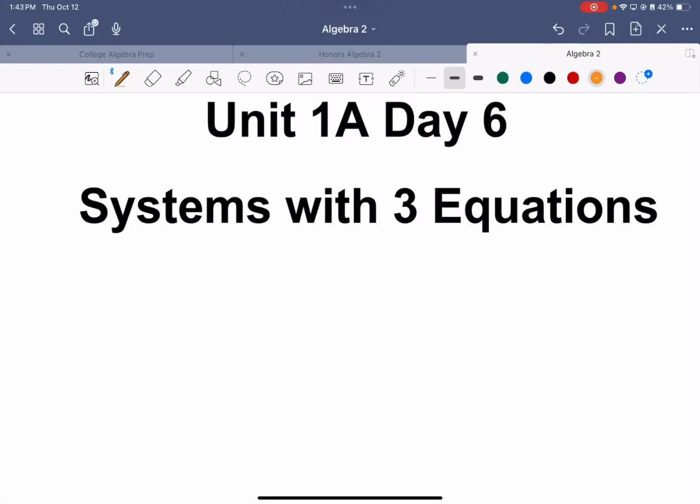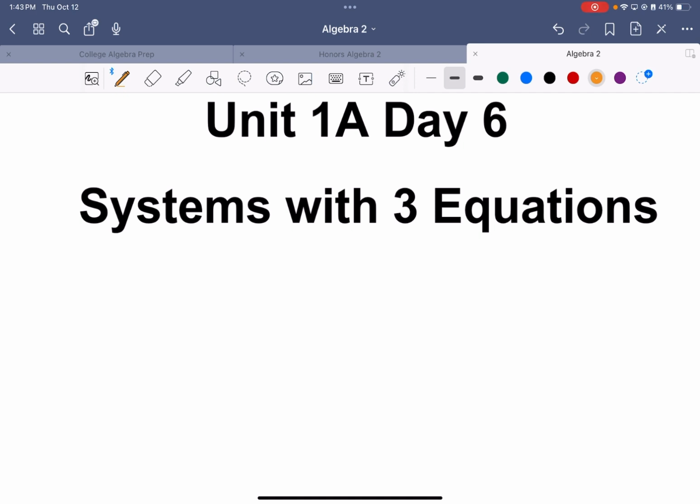So we are finally moving on to the next day. We are on day 6 now of Unit 1A. We've got essentially 2 days left, kind of. We're going to spend the next 2 days working on systems of equations, our systems with 3 equations. So we've worked on systems of equations with 2 variables, but now we're going to do 3 variables and